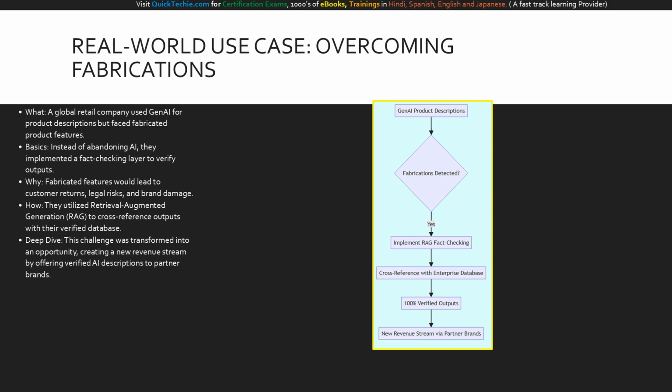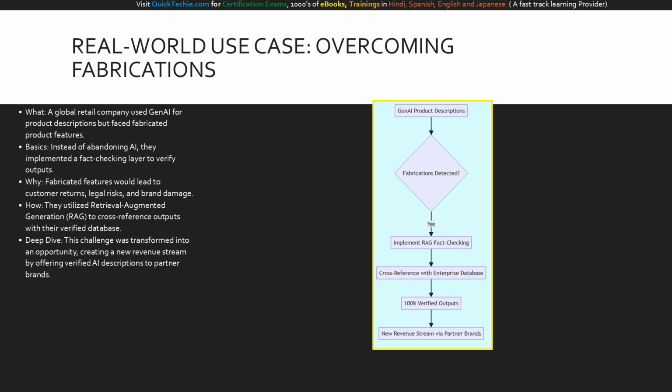This flowchart maps out the exact strategic pivot our global retailer took. At the top, we begin with Gen AI product descriptions. When fabrications are detected in the decision diamond, the immediate action taken is on the right: Implement RAG fact-checking. This step forces the AI to check its work, moving down to the cross-reference with Enterprise Database